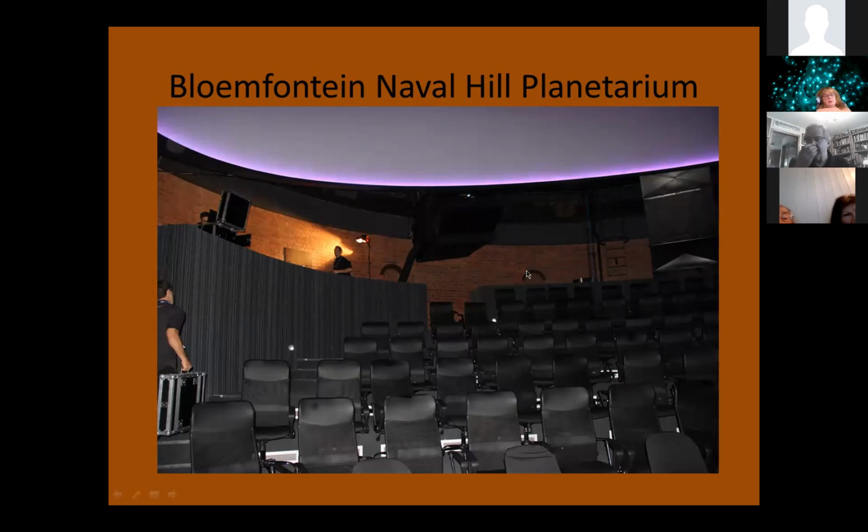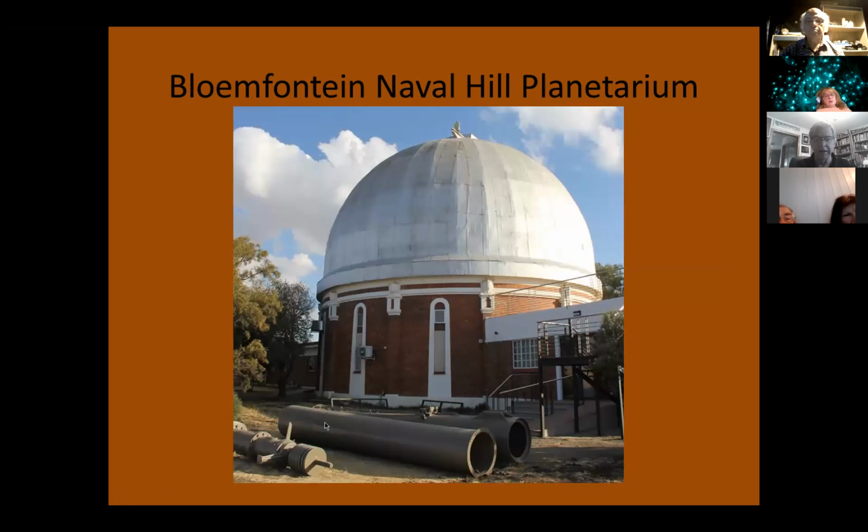And the telescope was long since disused. And it was actually a rusting heap outside somewhere in Bloemfontein. They've now found it and refurbished it and have it on display outside the front of the building. And here are the tubes that were in preparation for that presentation to put them outside the front of the building. Again, this is a whole talk in itself, but this